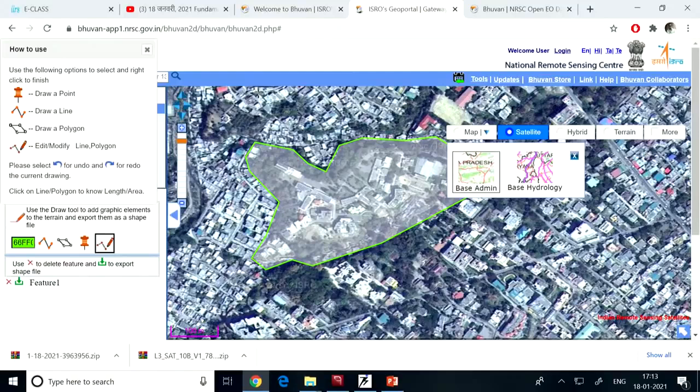Now from Bhuvan, we are able to download Resourcesat satellite data. From Earth Explorer, we can download some US satellite sensor data sets also. So there are many sources. There is no dearth of any kind of satellite data or vector data or raster data over the internet. You directly download them, use them for learning purpose, for any application development, or for any kind of decision making. You can use these kinds of data sets.